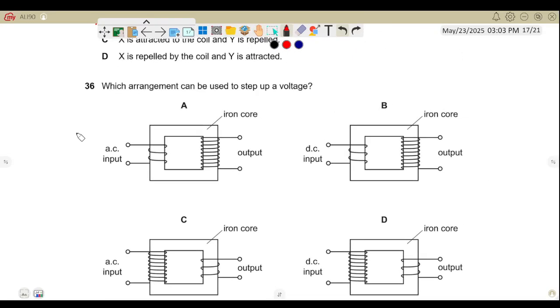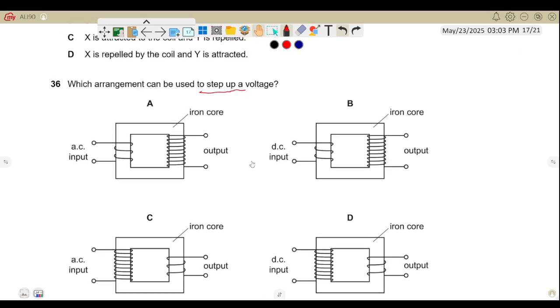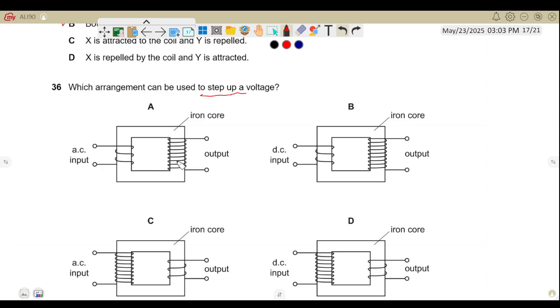Question 36: which arrangements can be used to step up voltage? For a transformer, it's not functioning with DC, with direct currents, so this could not be used. We cannot make a step-up voltage, because there must be a change in the field inside